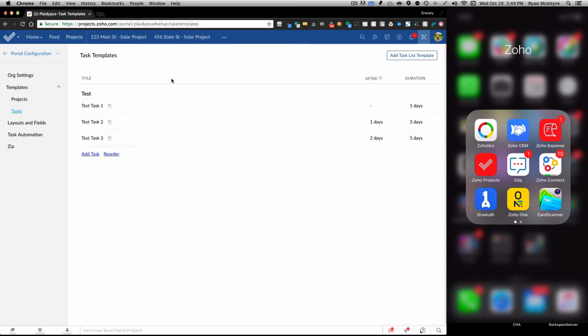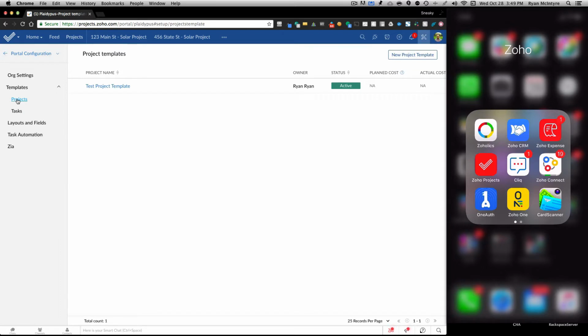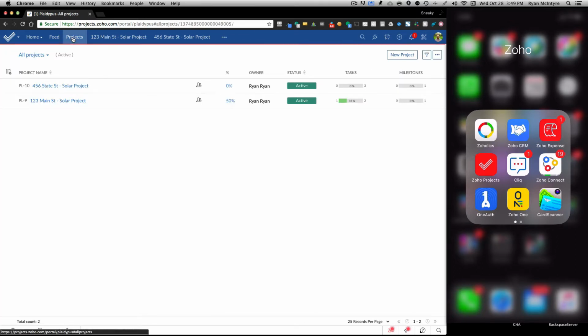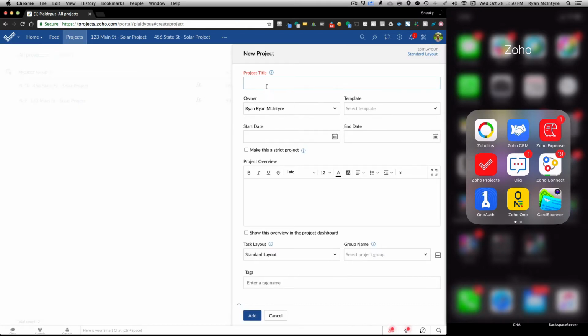But I think the long and short is that this is how we're going to align your deals over on the CRM to projects over here. So when a deal hits a closed state, it is going to generate a project on this side with the appropriate template. In order to emulate that, because I did not go through the extra step of setting up the automation, where when the CRM hits its status it would generate a new project,